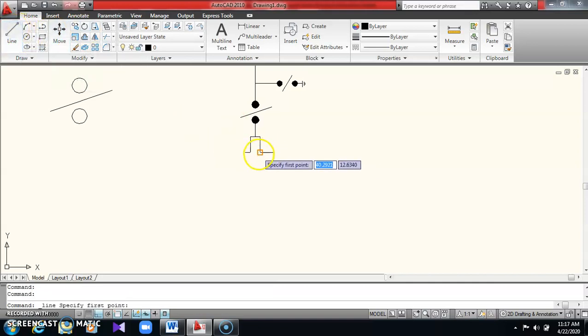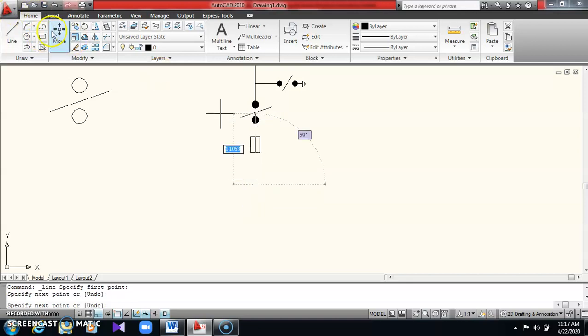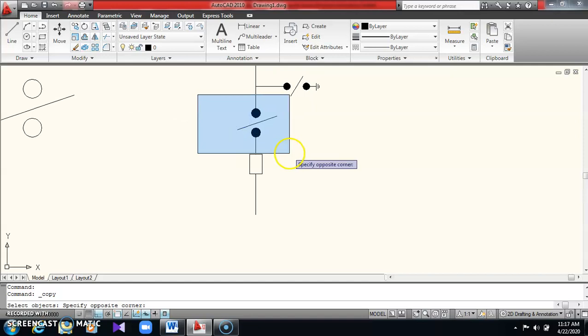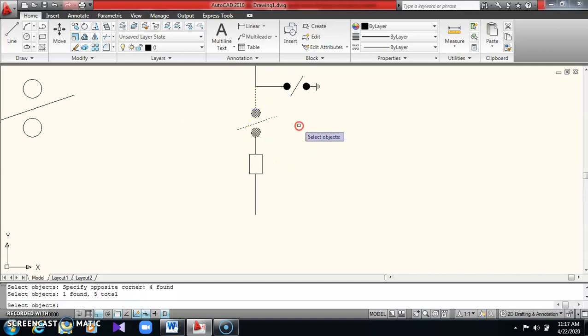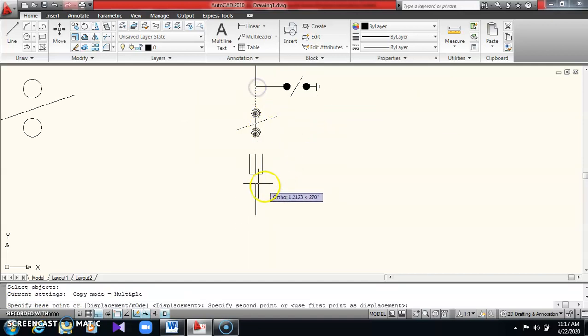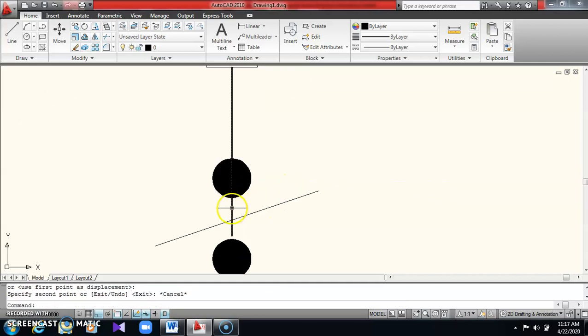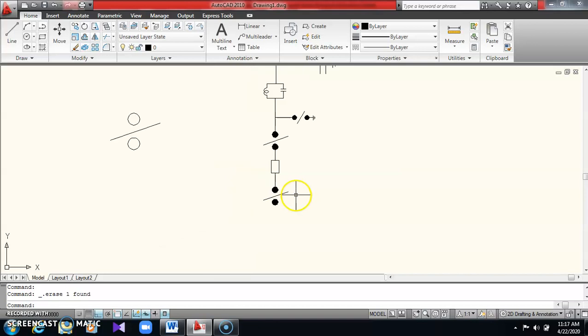Now what you have to do, draw a little bit of line, because here the CT you have to provide. Now copy this, if you join here also no problem, okay. This extra line you delete, okay.